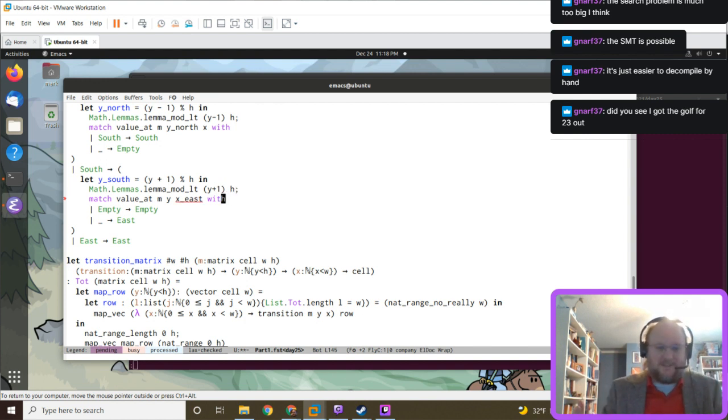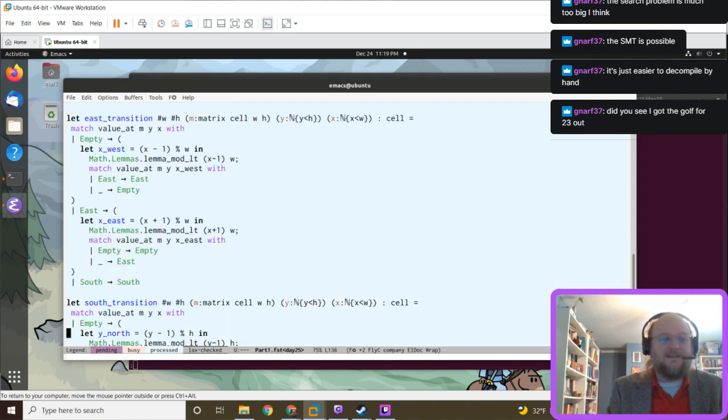The nice thing about the strong type checks is, if I was doing this in Python and I missed swapping one X to Y, then it wouldn't complain until I fixed it. But here, because X and Y have different types, it's a lot harder for me to do that. It will say, oh, that's not the right type. You said X coordinates had this bound and Y coordinates had this other bound, and you haven't proven that they're the same. So there we go.